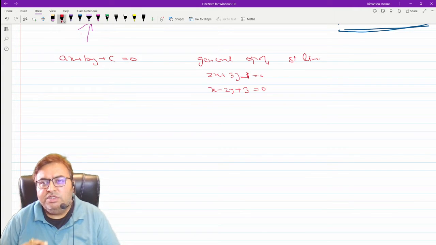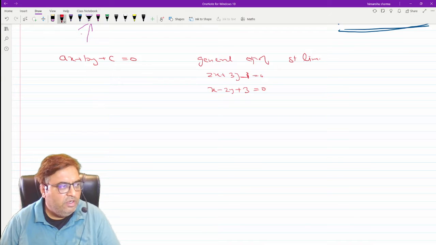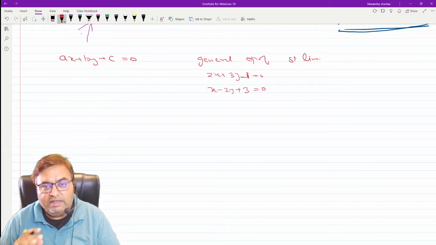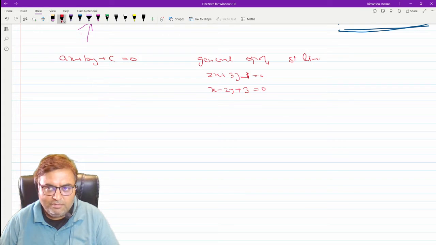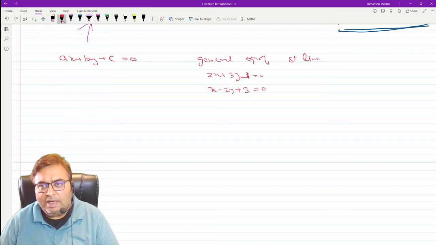Now in every equation the things which are changing are a, b and c. Okay, here what do x and y represent? x and y are the variables, the coordinates of any point which lies on the line. If any point lies on the line, then its abscissa and ordinate can be put in this equation and checked whether they satisfy the equation or not. And if it is on the line, it should satisfy. Okay, that's the whole idea. The whole idea about creating an equation or a locus of a curve is about creating an algebraic condition which will tell you whether a given point lies on it or not.